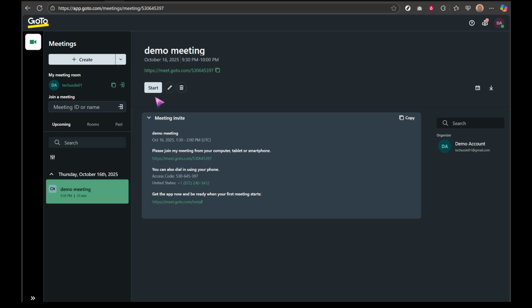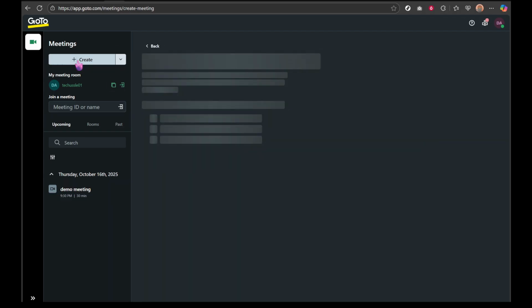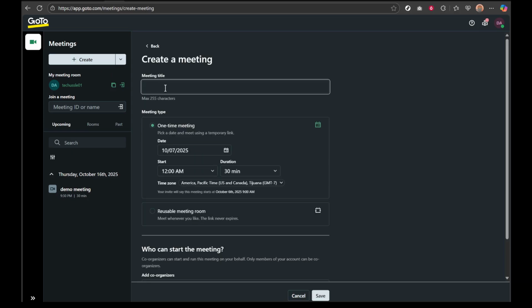Now, for those occasions when you need more control over the meeting details, opt for the Create button. This option is perfect if you have specific requirements or a particular agenda in mind. Once you click Create, you'll be presented with an option to type in the meeting title. It's a good idea to choose a descriptive and precise title so that all the participants know exactly what the